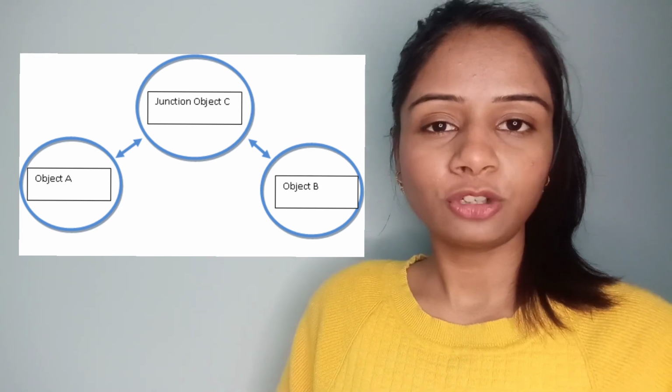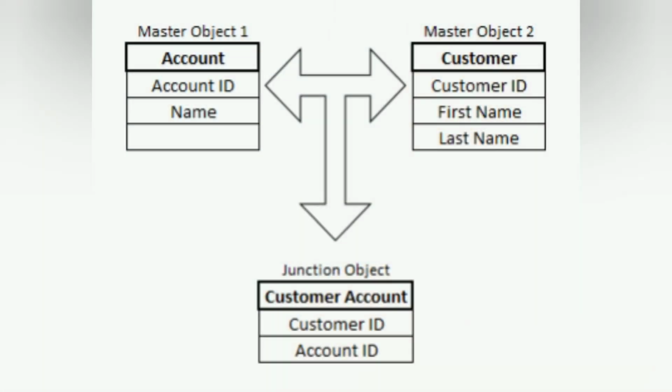This common object is also known as junction object. So in the picture, as you can see, I have the common object or junction object named customer account, which has master detail relationships with two other different objects. One is with account, that is account ID, and the second with customer, that is customer ID. Now this common object has many related records of account and also many related records of customer. So indirectly, taking the junction object as a medium, account and customer have many to many relationship.